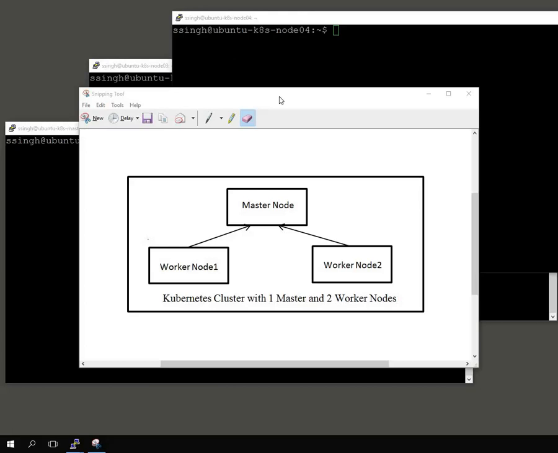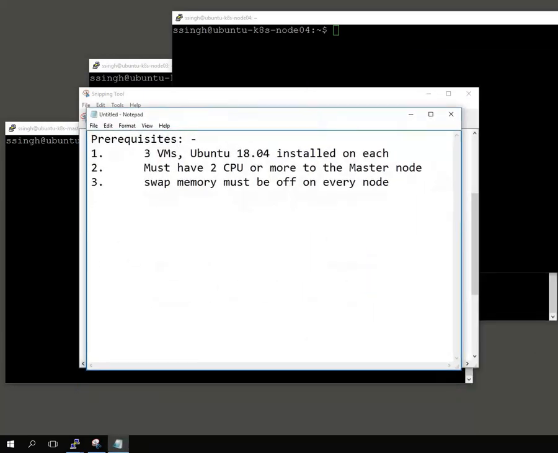So today we are going to set up a multi-node Kubernetes cluster with one master and two worker nodes. The prerequisite is we should have three VMs, and Ubuntu 18.04 should be installed on each VM.